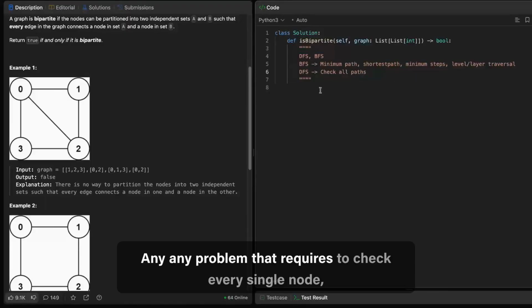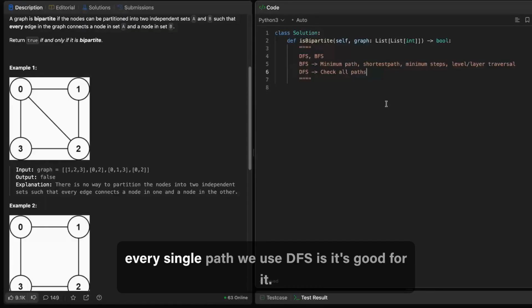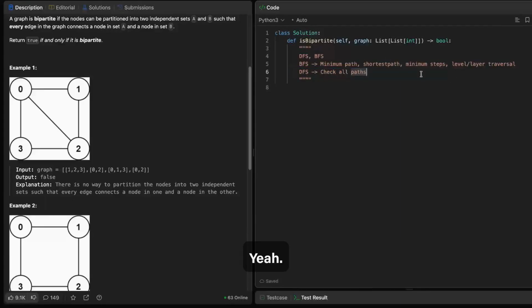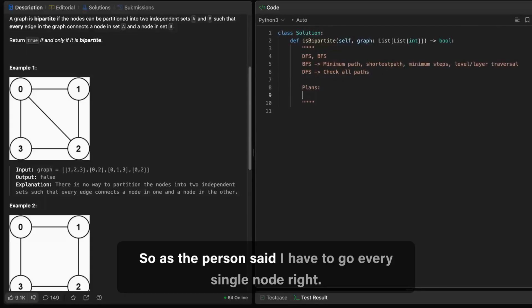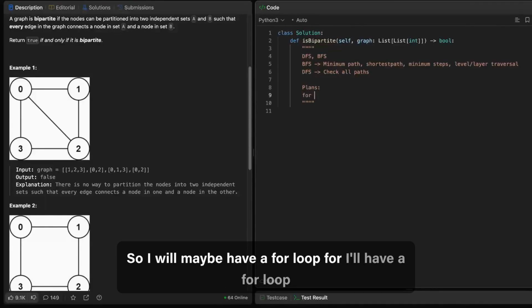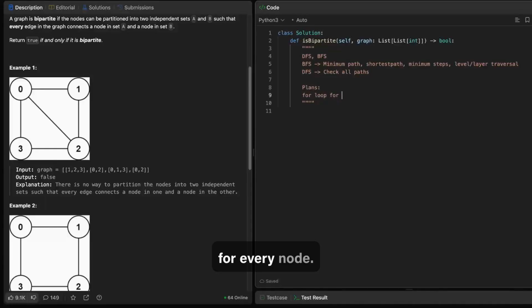Any problem that requires checking every single node, every single path, we use DFS. It's good for it. So let's go with DFS. We will have a plan right here. So as the person said, I have to go through every single node, right? So I'll have a for loop for every node,